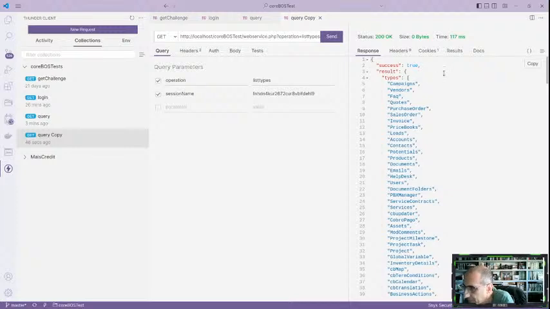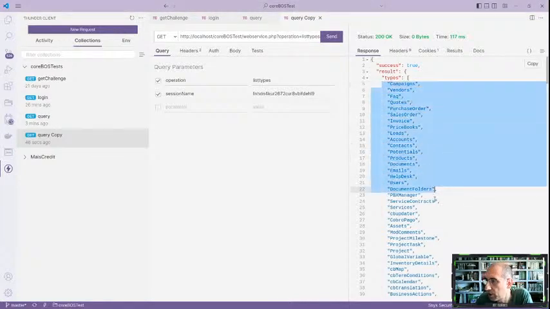List types. As you can see here, I'm the admin user, so list types gives me a lot of information. I have access to all the modules in this case. It gives me that list of all the modules that I have access to. So the first thing that you have to do when you log in on the web service is